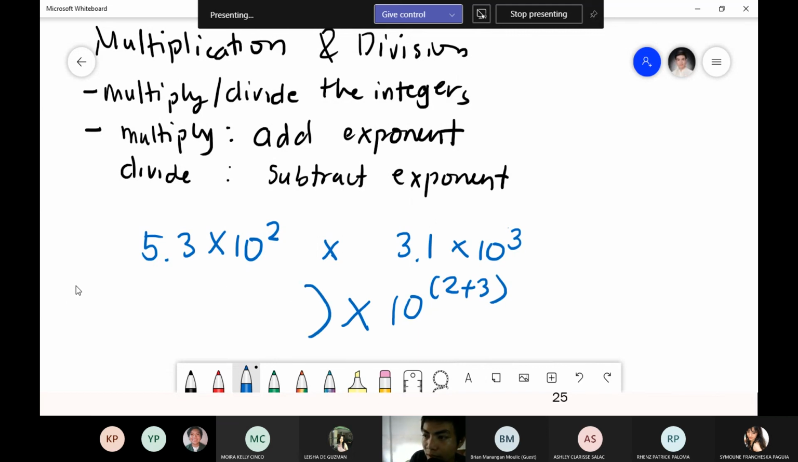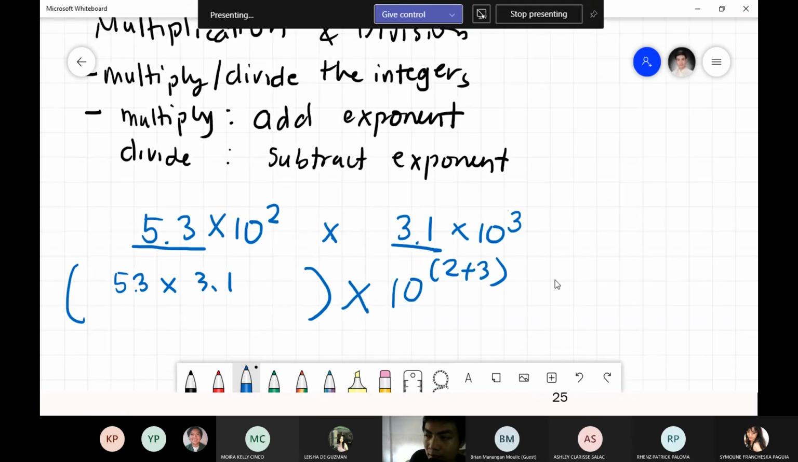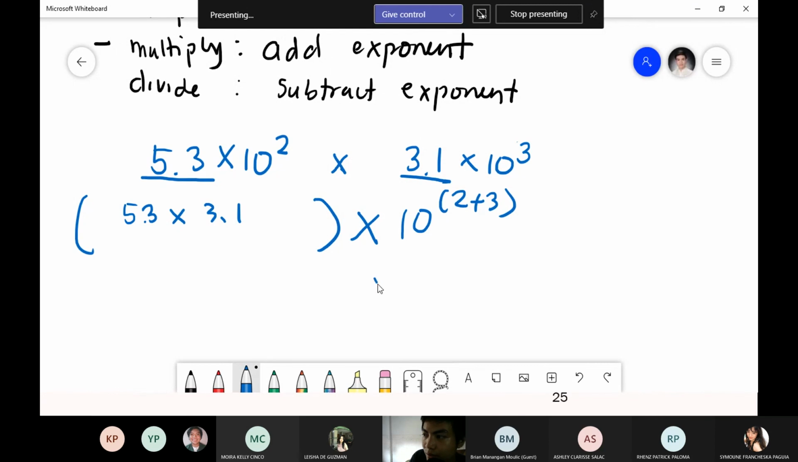And then, I also multiply my integers. 5.3 times 3.1. Ayun, so ito yung ginagawa ko ha. Multiply, divide the integers. Depende kung anong operation. So this times that. Ito yun. And then yung aking exponent, since this is multiplication, I add them. 2 plus 3. Okay? So ano sagot? So this will be 2 plus 3, 5. Ito naman, 5.3, 3.1,